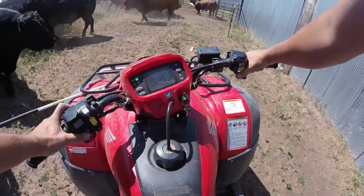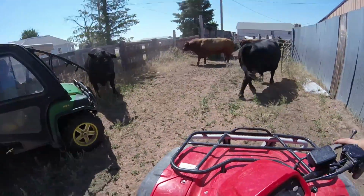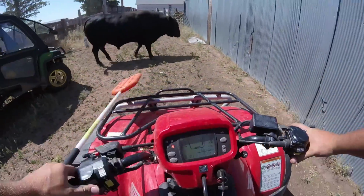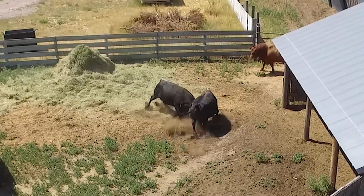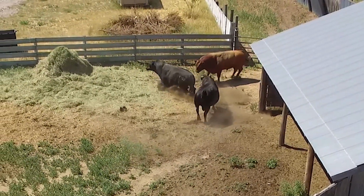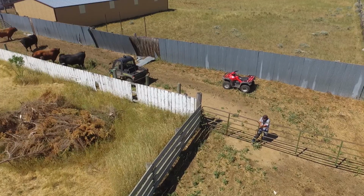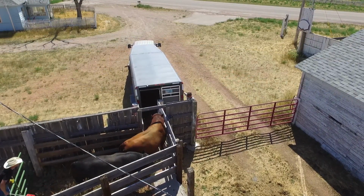So we tend to take it easy with the bulls, not pushing them too hard, and definitely not getting them agitated. They tend to do that themselves, as bullfights are very common. Bulls are territorial animals, and as they get closer together, the arguments are bound to happen. As we move them up, we close the gates behind us so they can't double around, and eventually we get them to the trailer, where the first 2 bulls are loaded up